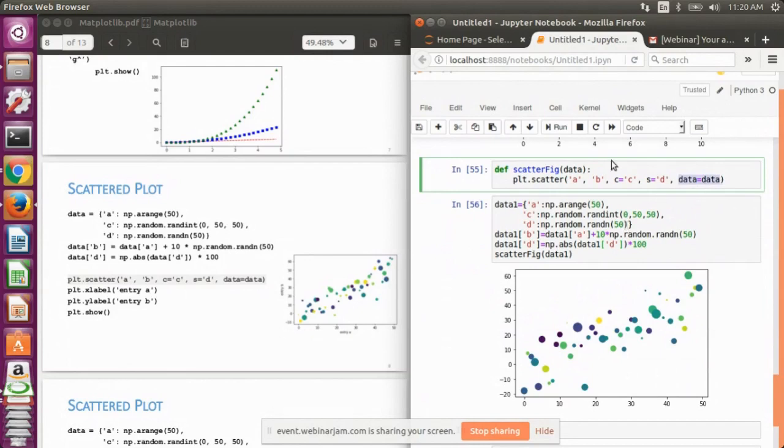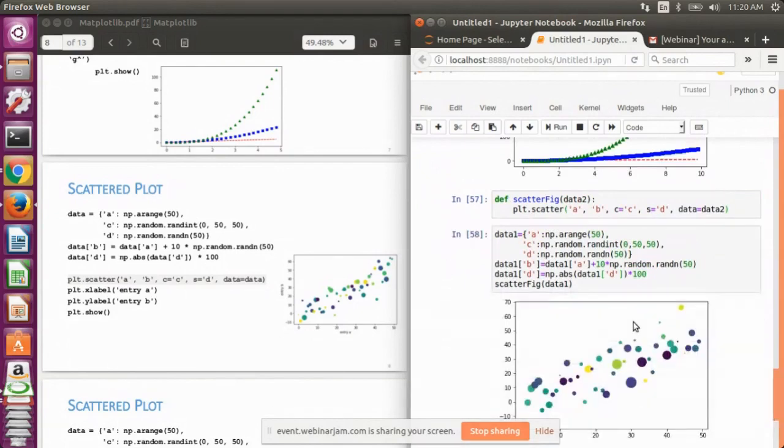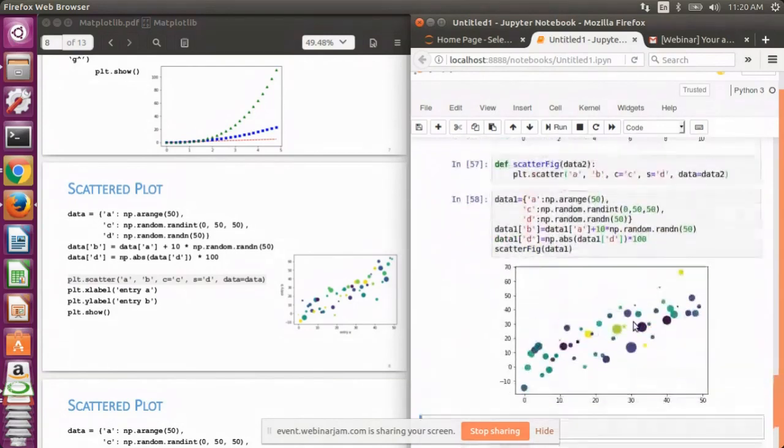Here I'm passing in data, so the dictionary variable is data. Suppose I name it as data2, and let's run it again. Then you can see we have achieved the same output.